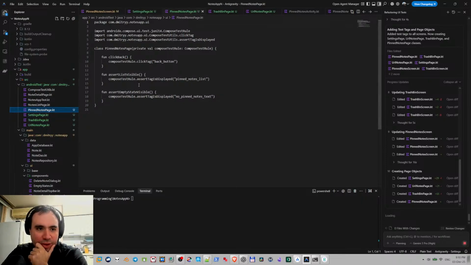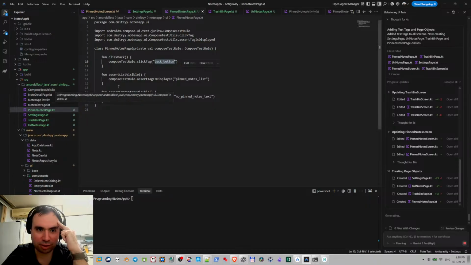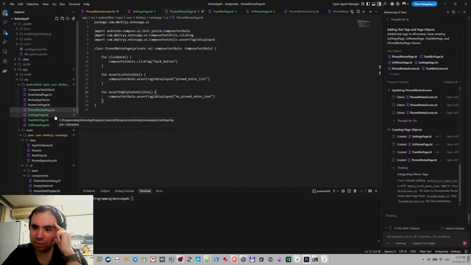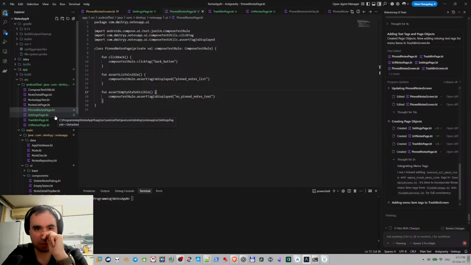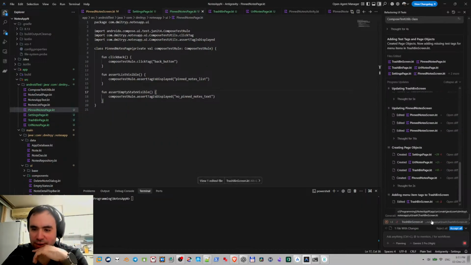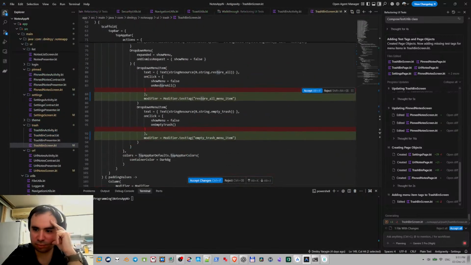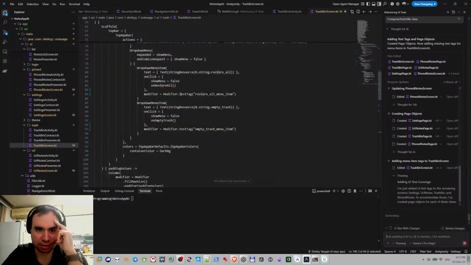So we have pin notes page. We have this button, click back button. Some of the stuff is actually repetitive. Like back button probably could be somewhere in TestUtils class. But yeah, let's just think through. For now, let's just leave it like this, because we can have some kind of inheritance when we have shared stuff available, so we can just reuse those kind of things. Okay, it's also still working on some other classes like trash bin,